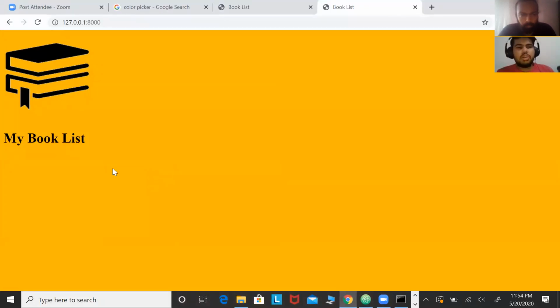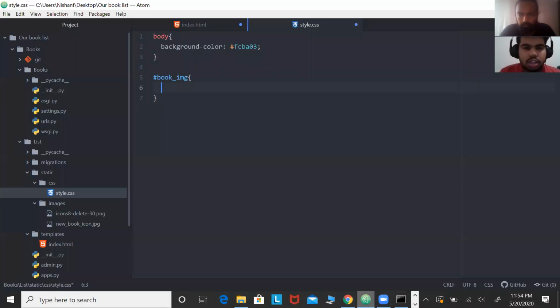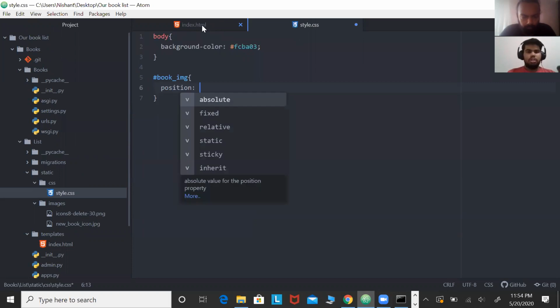Okay, what we're trying to do is bring this book in the center of the file, and we're going to bring this text in the center of the file right beside this image, right? So what I can do is I'm going to say book img, and I'm going to say position equals absolute,